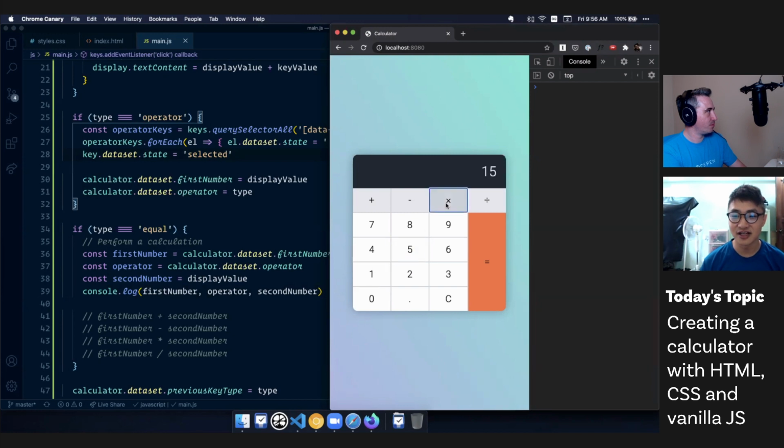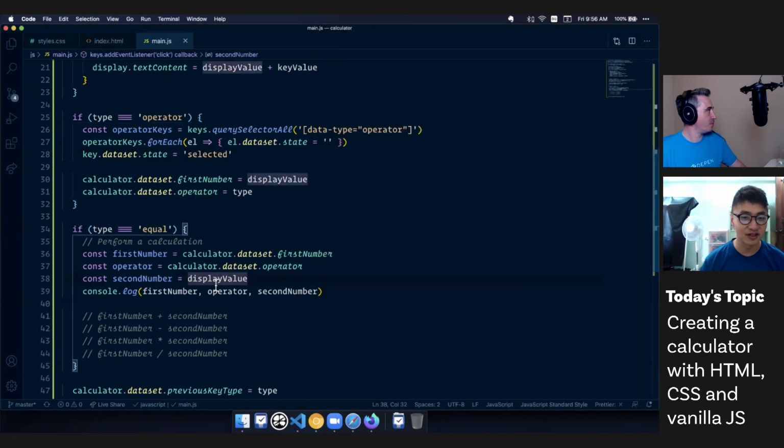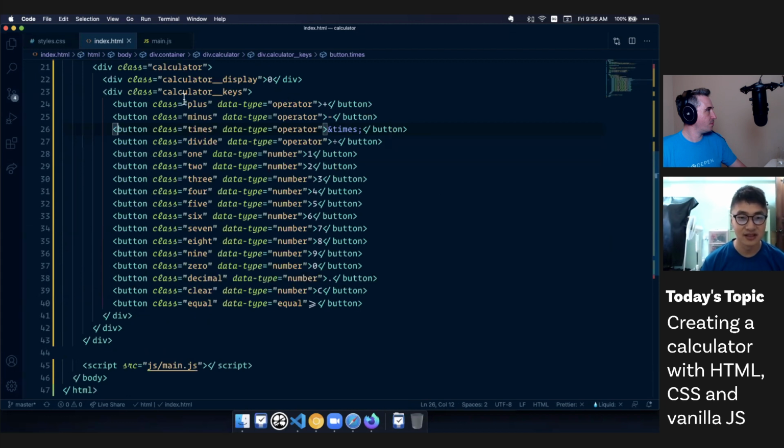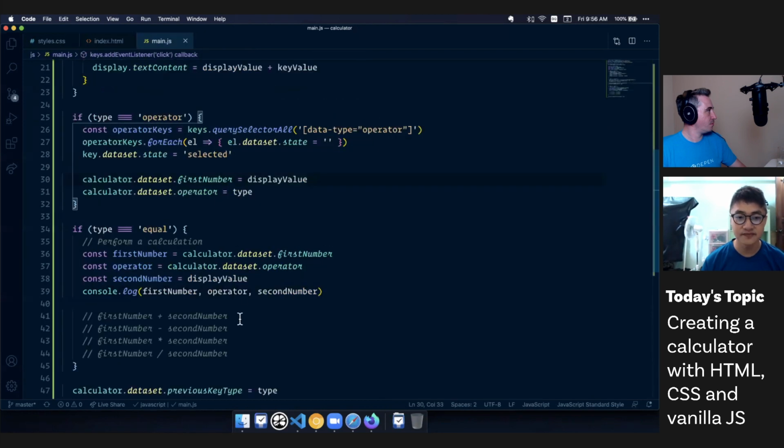Like 15 times 9 equals. We have like 15 operator 9. We do not want operator, we want the actual operator. So let's see what we can do. If we want the actual operator, we need this class: plus, minus, times, divide. Okay. So what we can do is,